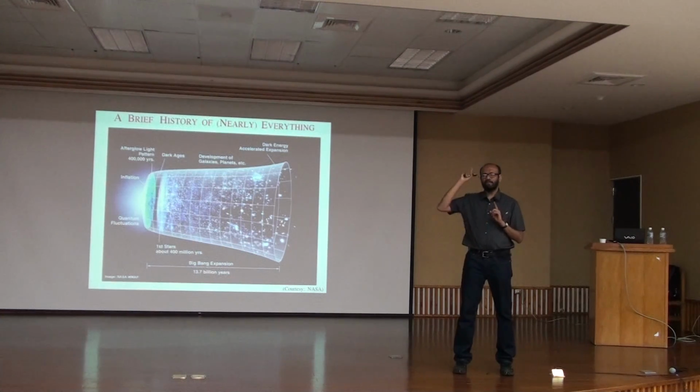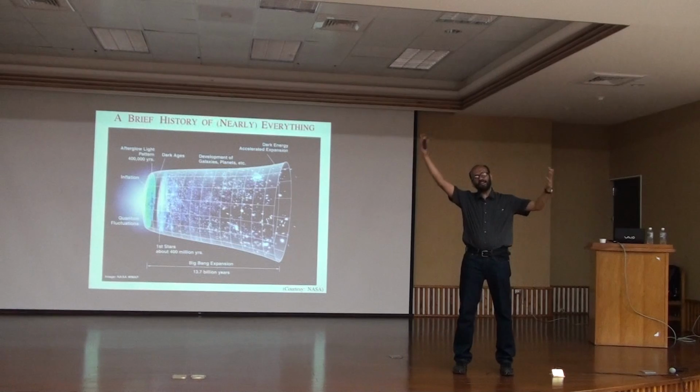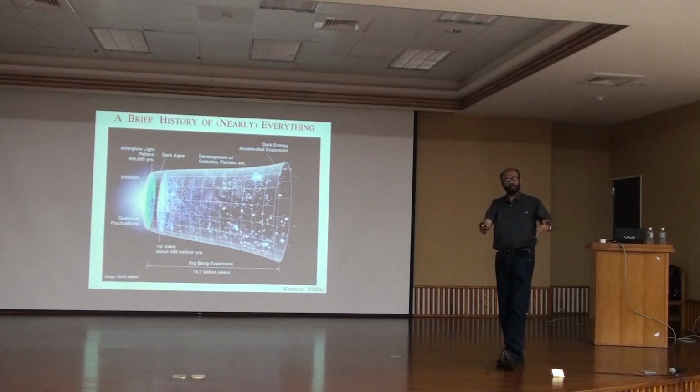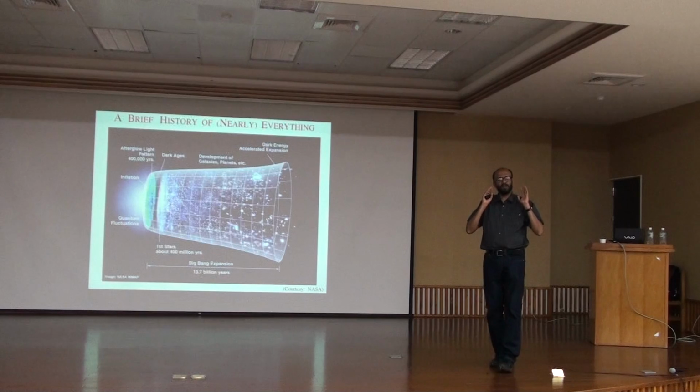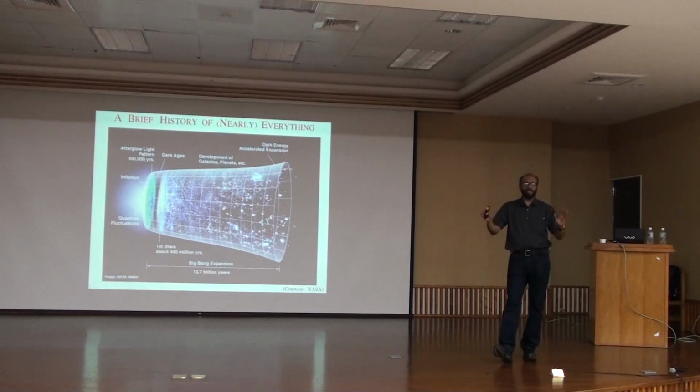The prediction is that wherever you look in different galaxies, the amount of helium and the amount of deuterium must be the same. The amount that you produce depends only on density, because the higher the density, the more helium you produce, typically. So the amount of helium and deuterium that you produce everywhere in the universe depends only on density. And you'll see that in a little bit. So that's a complete prediction of the Big Bang. Wherever you look in the universe, there should be the same amount of helium compared to hydrogen. Wherever you look in the universe, there must be the same amount of deuterium compared to hydrogen.